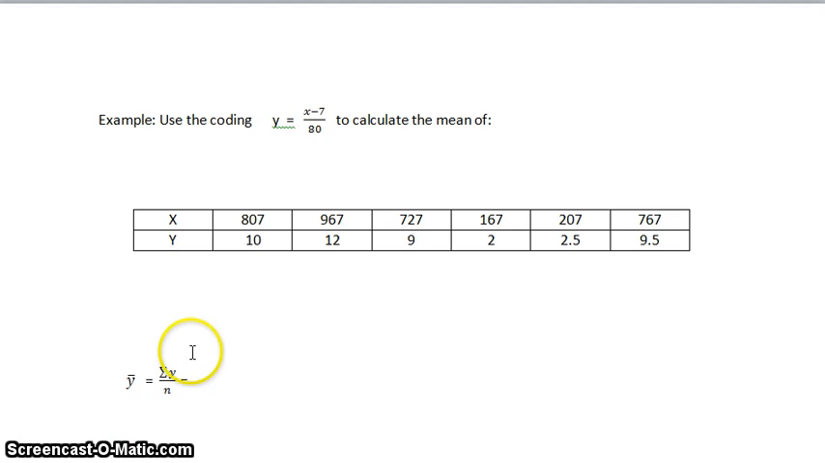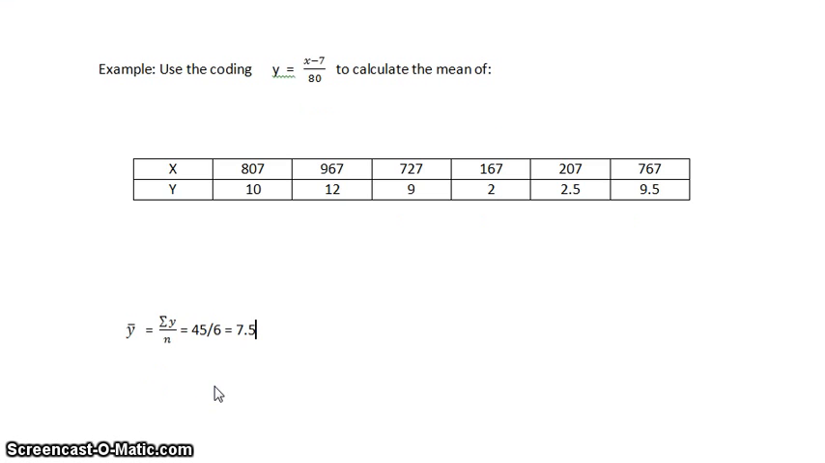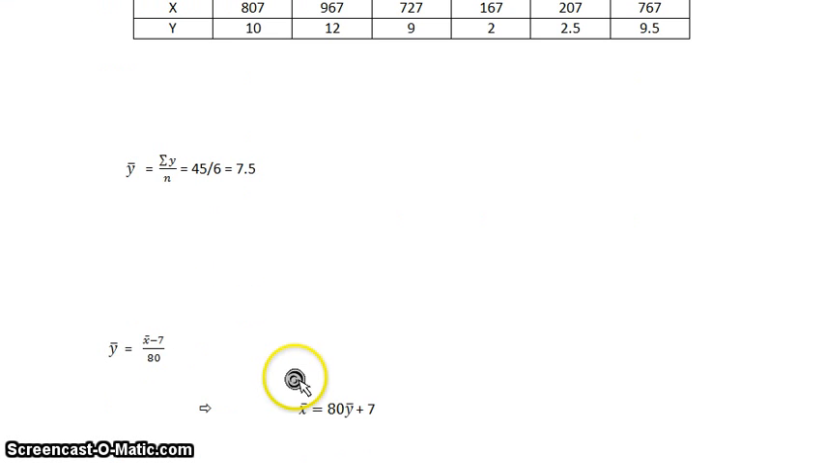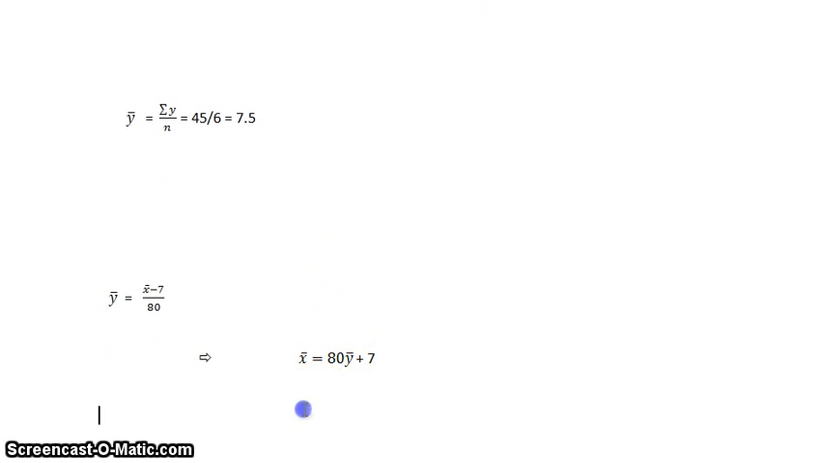And if we calculate the mean of y, so y bar, we add up all the y values. That's 45 divided by how many there are, which is 6. 45 divided by 6 is 7.5. That's the mean of y. That's y bar. Now we can rearrange our coding formula to make x bar the subject, and if we plug in our y bar 7.5, we should get x bar equals 80